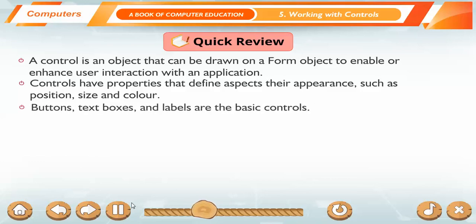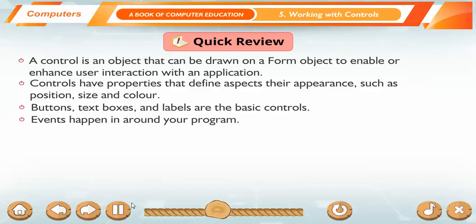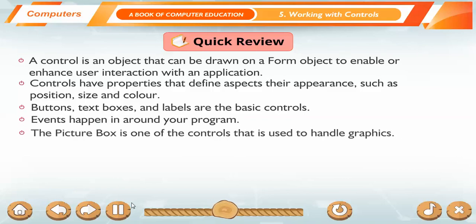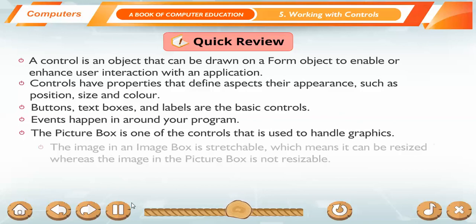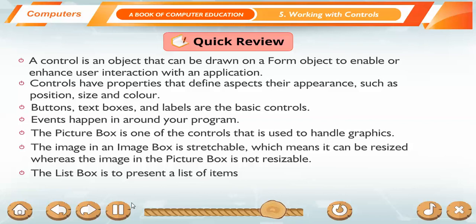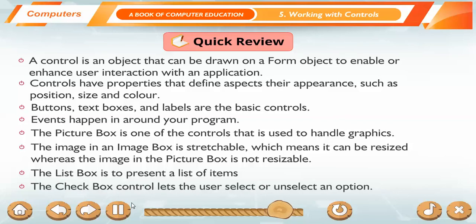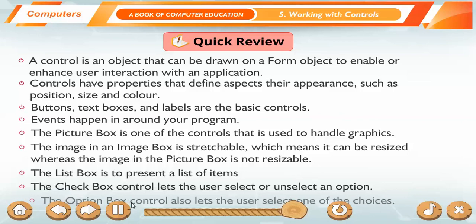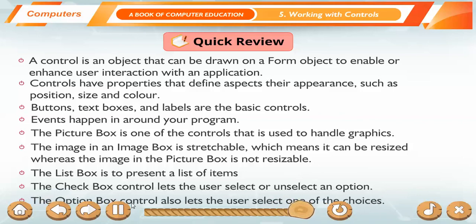Buttons, text boxes and labels are the basic controls. Events happen in and around your program. The picture box is one of the controls that is used to handle graphics. The image in an image box is stretchable, which means it can be resized, whereas the image in the picture box is not resizable. The list box is to present a list of items. The checkbox control lets the user select or unselect an option. The option box control also lets the user